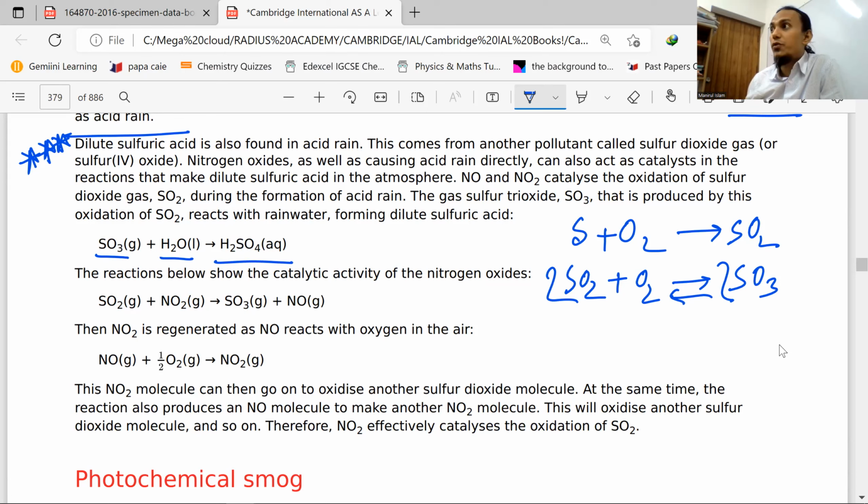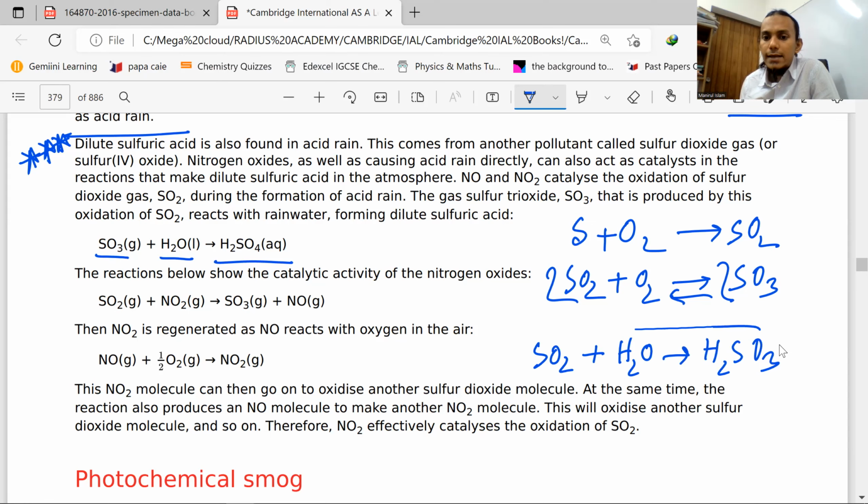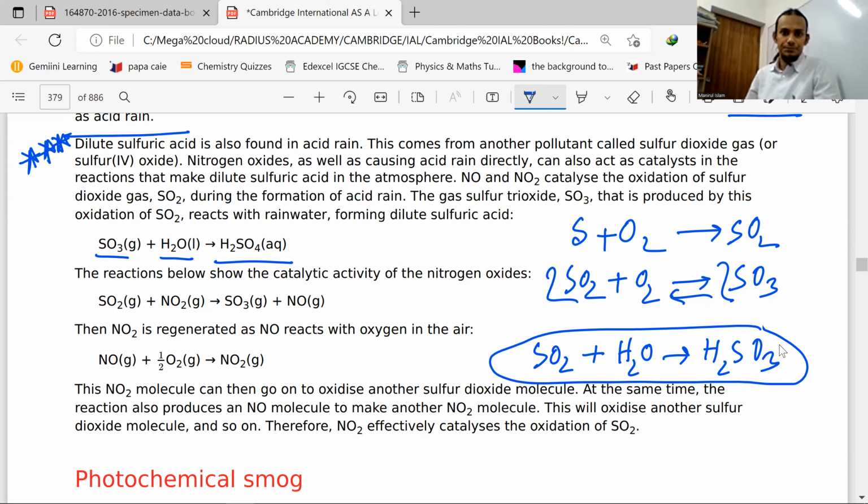Sulfurous acid, H2SO3, which is a weak acid. এটা Excel এ আছে, ক্যামব্রিজে নাই। ক্যামব্রিজে পড়ছো সালফিউরাস অ্যাসিড? পড়ো নাই। মানে যদি SO2 reacts with water, it forms H2SO3, which is sulfurous acid. এটা একটা weak acid, ঠিক আছে? ক্যামব্রিজে ছিল H2S2O7, ওটা তো ওই যে কন্টাক্ট প্রসেস।